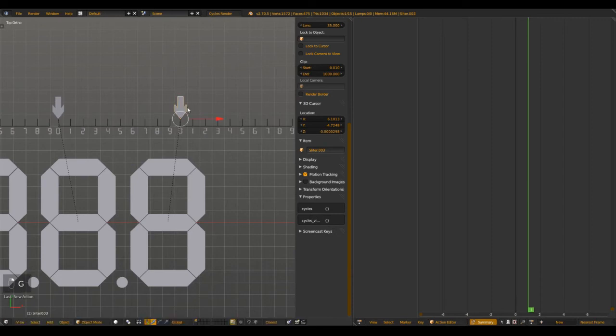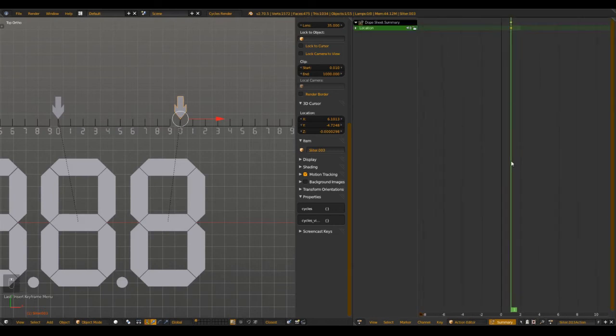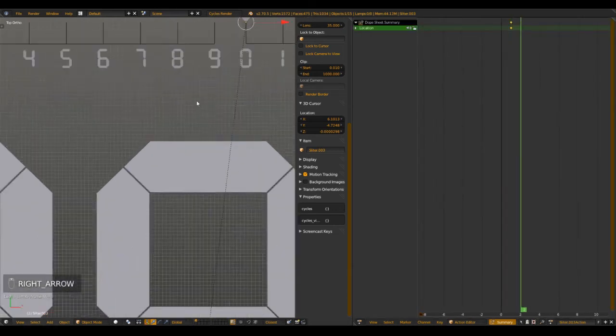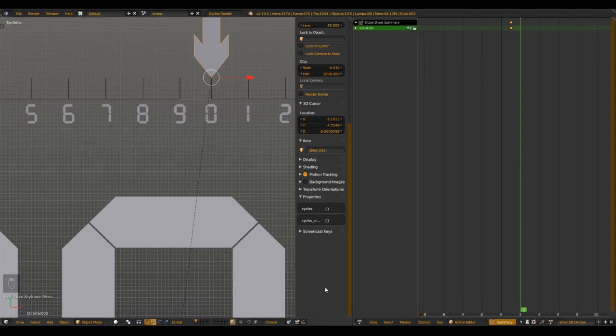And now we want to animate this arrow here. So add a location at the first frame, add another location at the second frame, but I want to open a rendered view here,